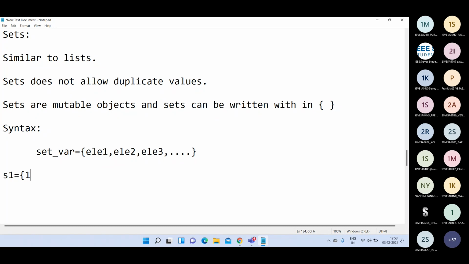You can write 1, 2, 3, or you can write 1, something, A, ABC, anything. Any kind of values you can use in sets.